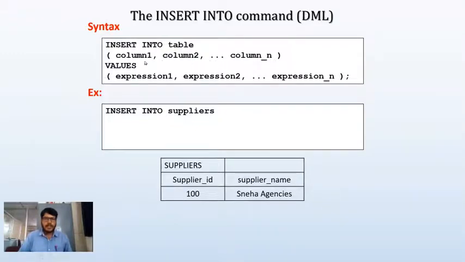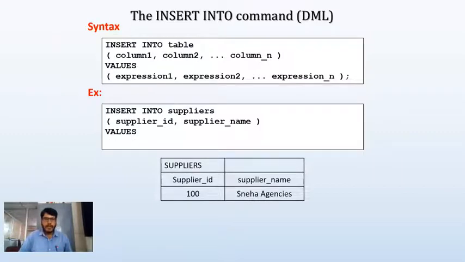As you are able to see, I am going to specify the column names within a parenthesis. In this case, I want to insert values for supplier ID as well as supplier name. So we specify the parenthesis and the column names like this: supplier_ID, comma, because I want to specify one more column name, supplier_name. Here we have just two columns, so I am going to close this parenthesis here itself. After this, we have to use the VALUES keyword.